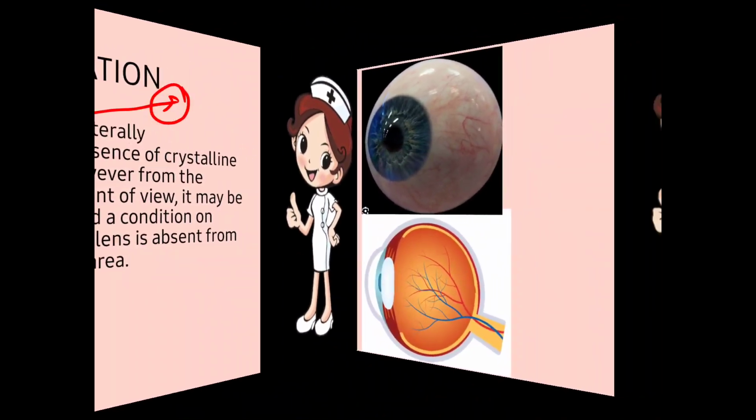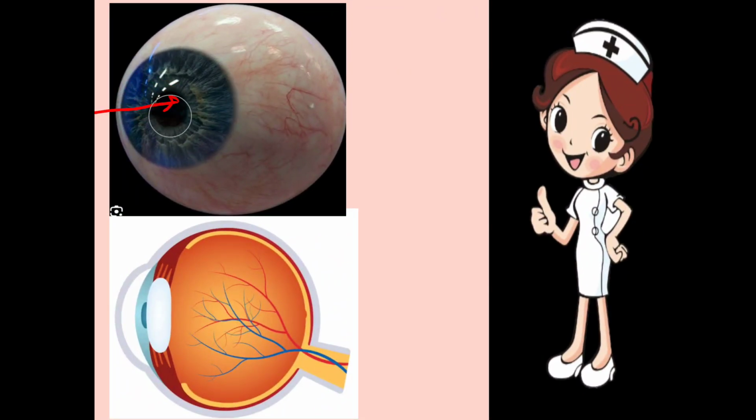Here is the eyeball, and this one is the cornea. This is the iris, the colored part. The central area is the pupil, which is shown here darker, black in color. Behind the pupil there is a crystalline lens. The whitish area which you can see is the crystalline lens.